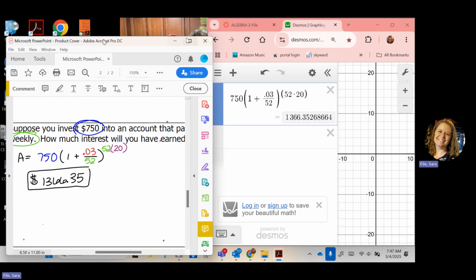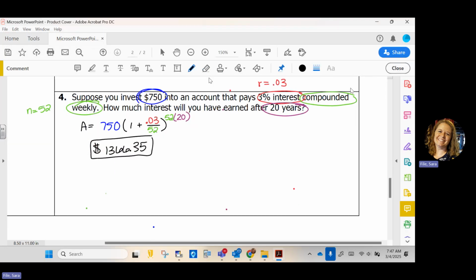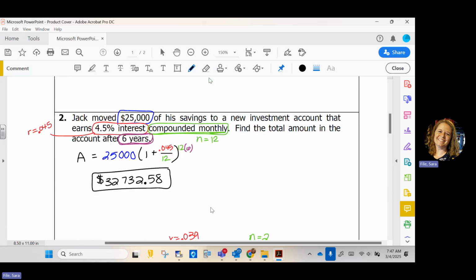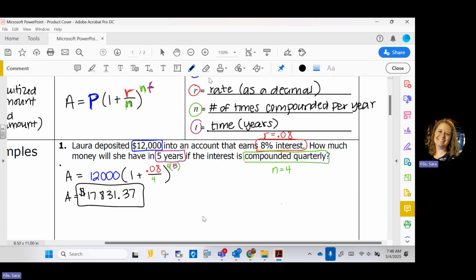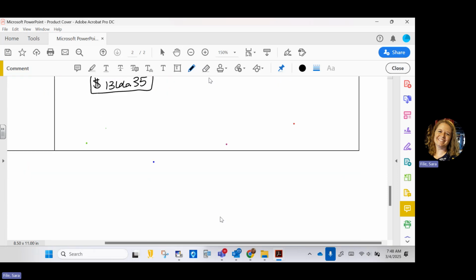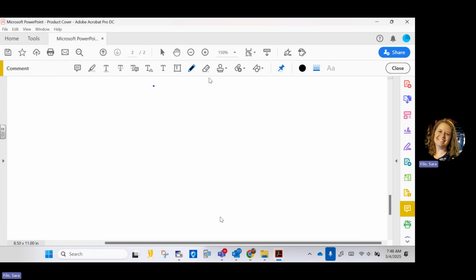Now, what I would suggest, some of you, when I was asking what does this mean for how often it's compounded, I don't know if y'all just weren't responding because it's too early and you're not all the way awake, or if because you didn't know what those terms meant. So somewhere on your paper, maybe down here at the bottom, you might want to make a list of those words just to refer back to, for your n value. So things like annually, semi or biannually,